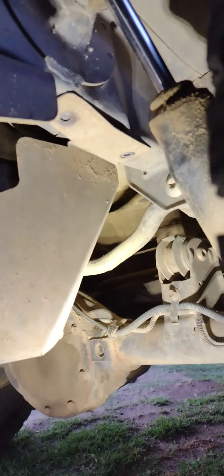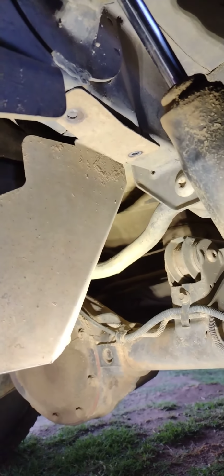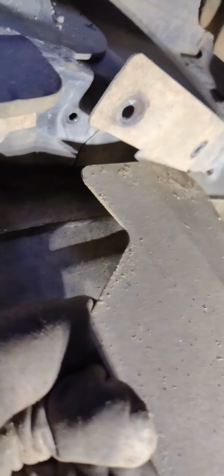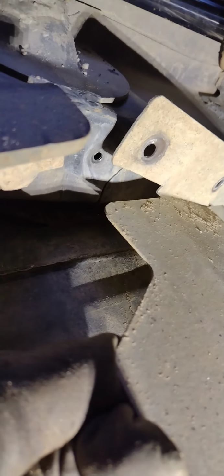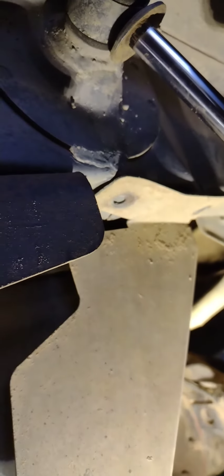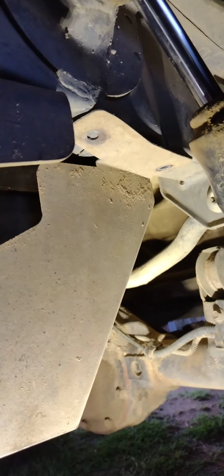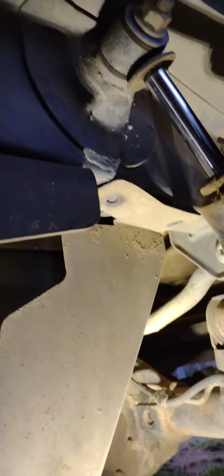Alright, so what we got here is a '96 ZJ, and the unibody back here, as you can see right there, it's cracked. And it's also got a little warp there. I hit a rock a long time ago, and so how to fix that, this being a unibody car, is